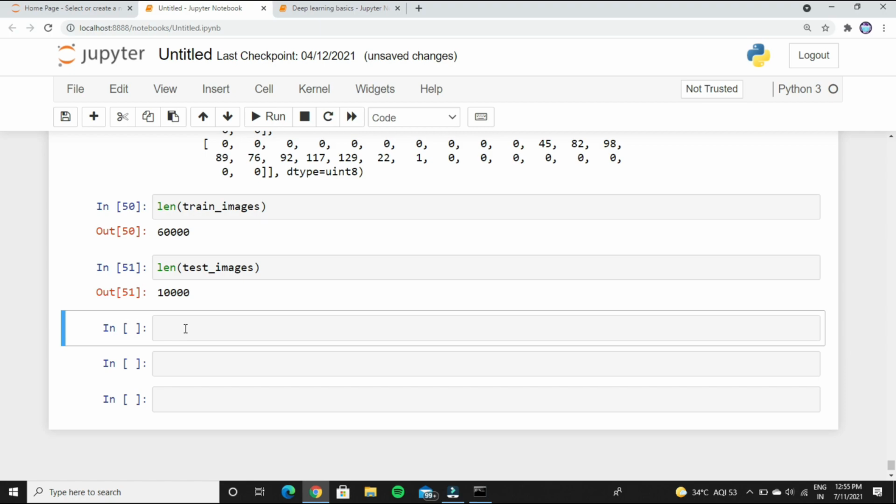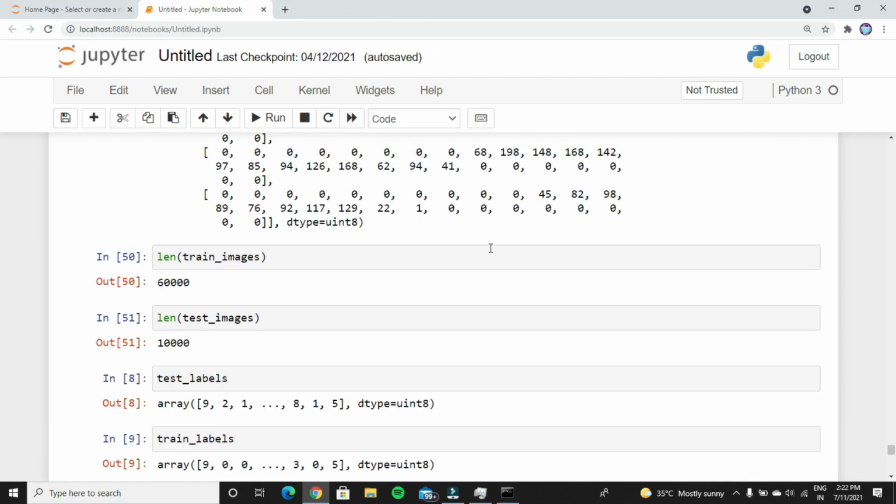I have done some pre-processing analysis on the data. This will show you how the data is allocated in the variables. The image data is allocated in the variable train images, and the train labels variable shows you which category these images belong to, and this also applies to the testing side.